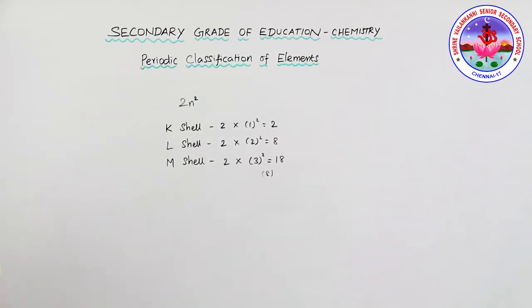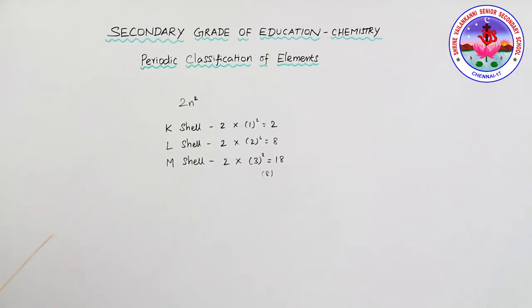You also observe that the number of valence electrons increases by 1 unit as the atomic number increases by 1 unit on moving from left to right in a period. Or we can say that atoms of different elements with the same number of occupied shells are placed in the same period, like sodium, magnesium, aluminum, silicon, phosphorus, sulfur, chlorine and argon, which belong to the third period of the modern periodic table. So the electrons in the atoms of these elements are filled in the K shell, L shell, M shell.